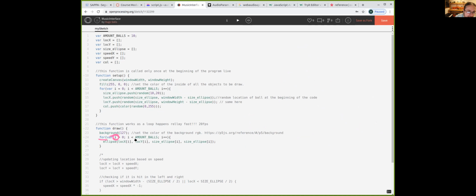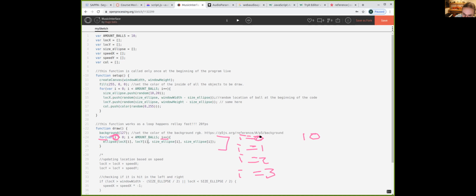We know that I is something that is increasing, and this will happen 10 times. The first time with I equals 0, I equal 1, I equal 2, I equal 3, because the first time